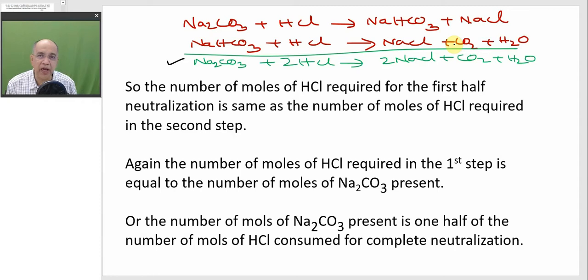Methyl orange will render, because at that time the solution is still basic. You will know that. Don't be scared, or don't be impatient. Sodium bicarbonate is still basic. So in basic solution, it is yellow. So the color of methyl orange will be yellow when you add a drop of methyl orange after the phenolphthalein endpoint. And continue to add HCl. You will find the yellow color will turn red when the endpoint comes.